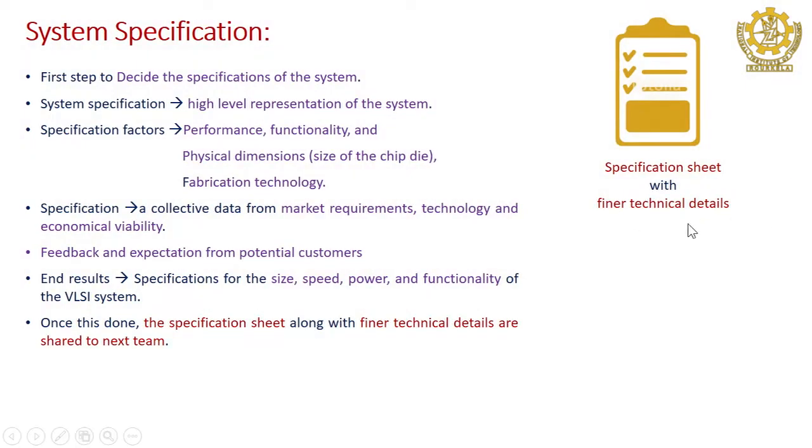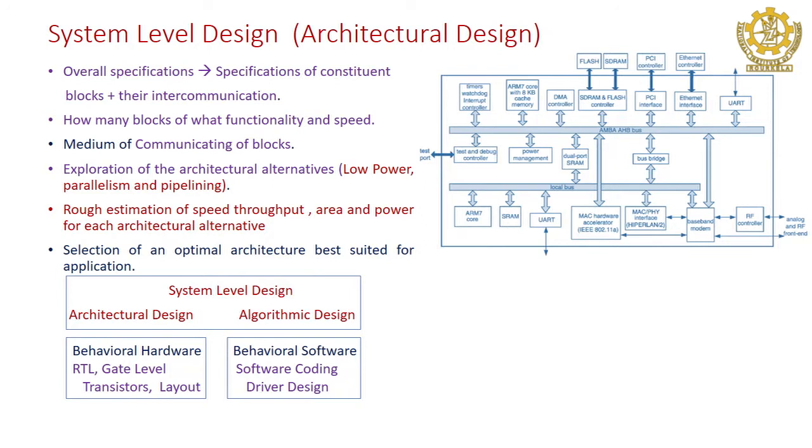So, that means you started with a rough survey from the market, from the potential customers and their experience of using the same product, and let us say sometimes you are upgrading a product like mobile. So, earlier mobile was not available with a 14 megapixel camera, nowadays it is available. So, depending upon the customer's requirement they keep on designing new ICs. Sometimes in the mobile market they call it new SoCs, in which the entire design will be incorporated, that is system on chip in a single IC. Okay. So, at the end we will have a specification sheet with finer technical details, which has to be shared to the next level team. Understood? So, this is all about deciding the system specification.